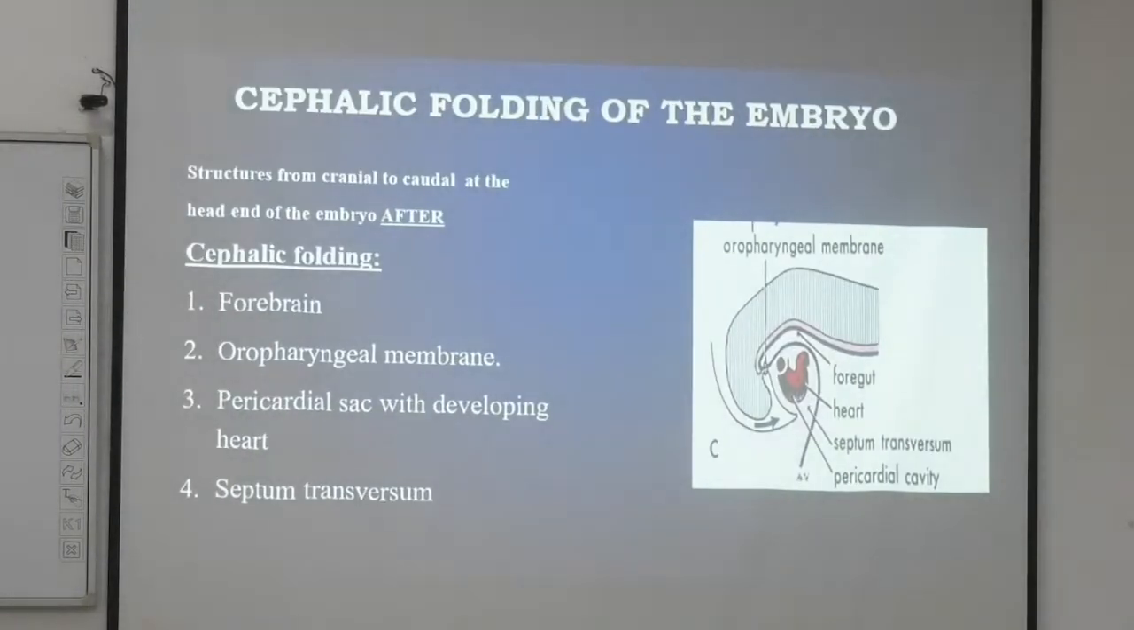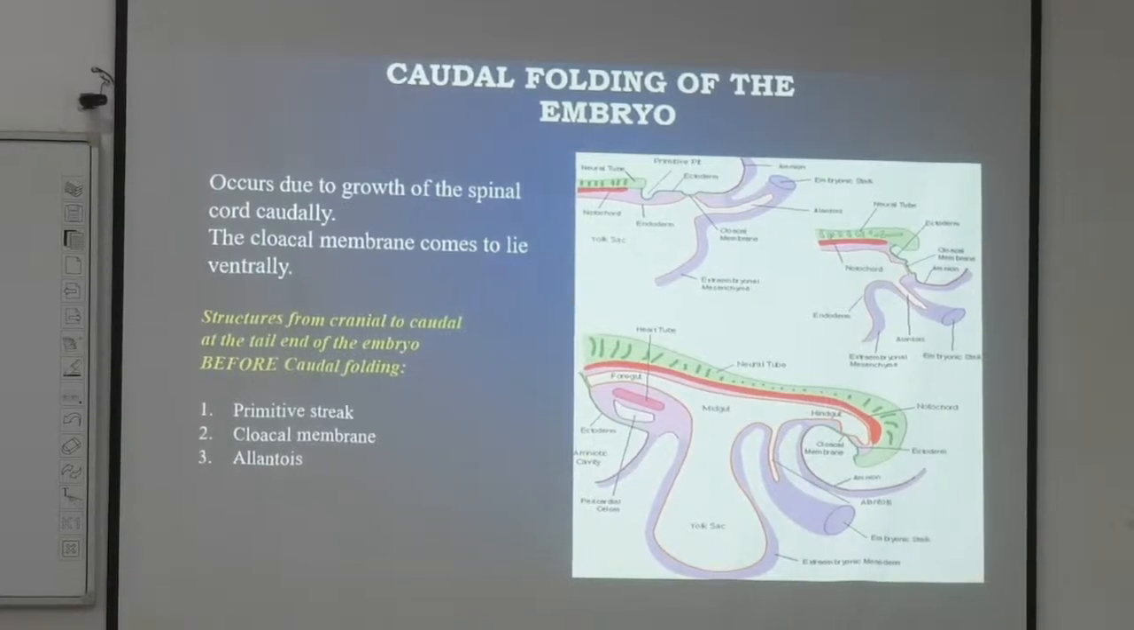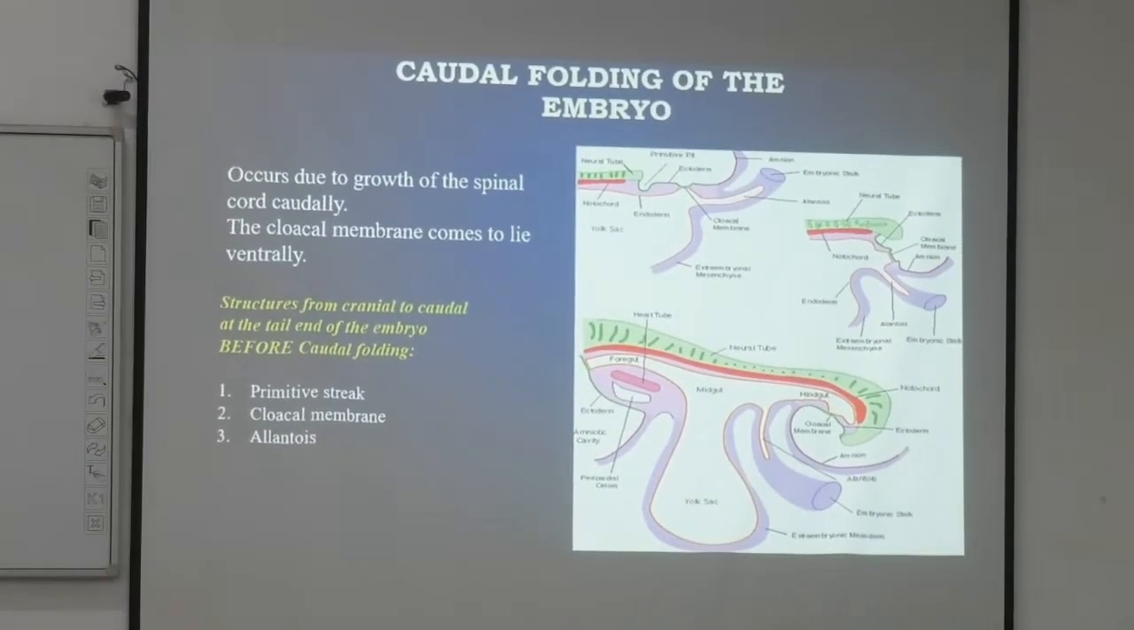So this head fold bend happens to occur in the cranial part of this particular embryo. Then a similar kind of change happens in the tail end of this embryo. So again, the sequence matters here. If you look at this particular sequence of the structures that is present in here, from here to here,